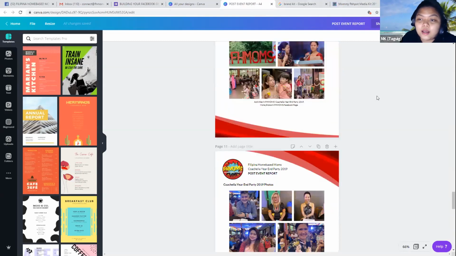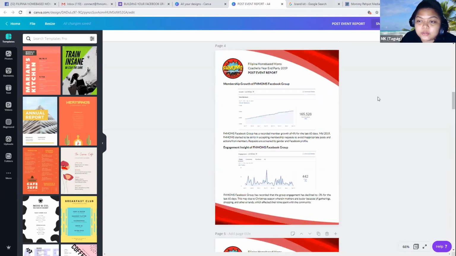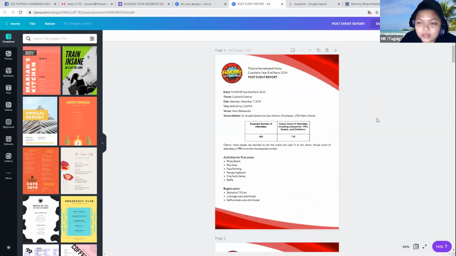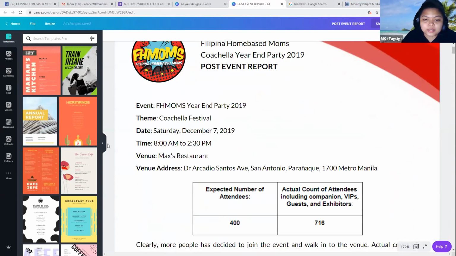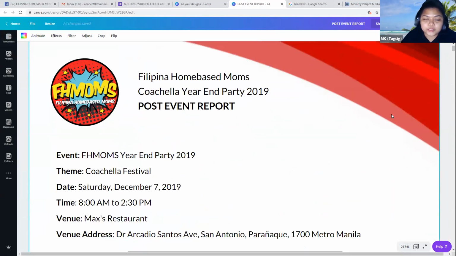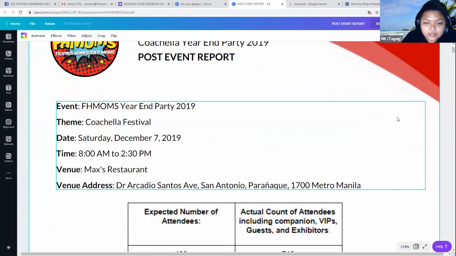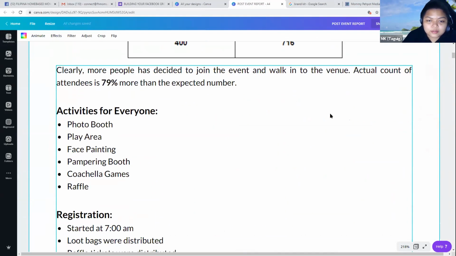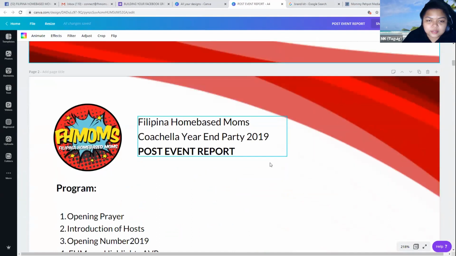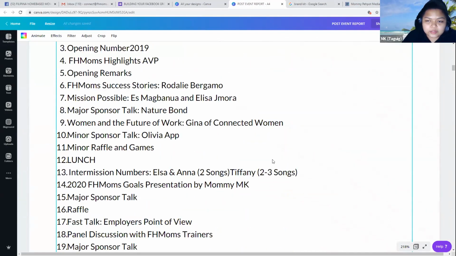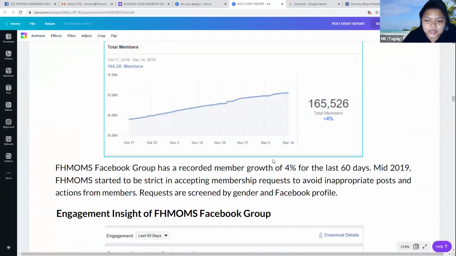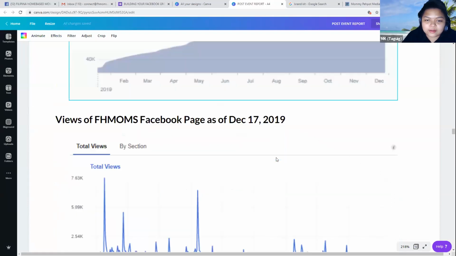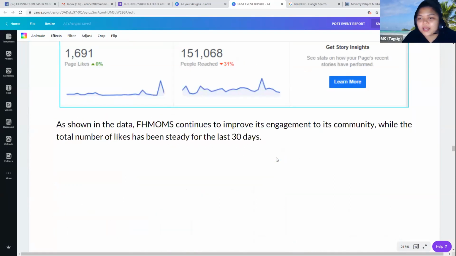Alright? So after the event, what you can do is to give them a report of the things na nagawa nyo for them. So let's say, for example, for this one, this is a super basic na post-event report for all of our sponsors and all of our partners that day. So the basic things, ayan, the activities that happened, the program, the graphics that we use, screenshots of things na gusto namin ipakita sa kanila. There. You'll get a copy of all of this, ha?